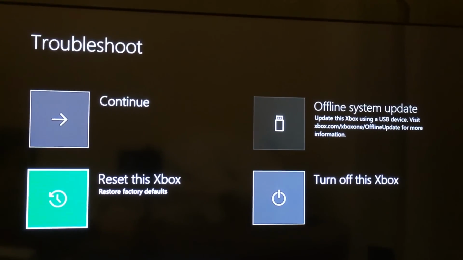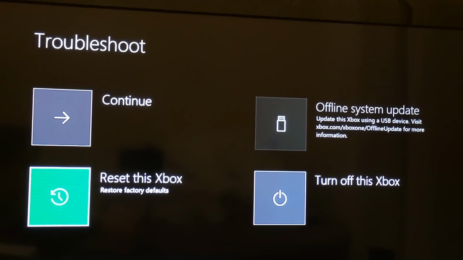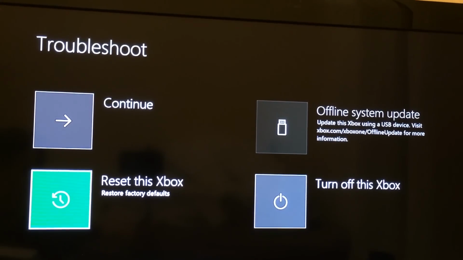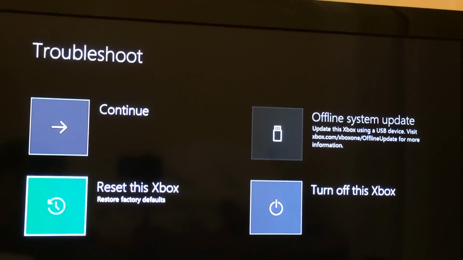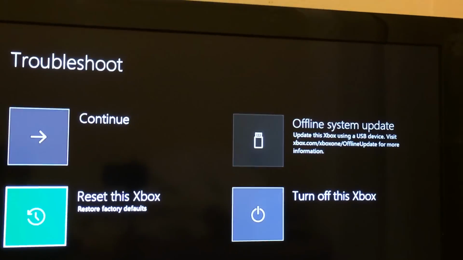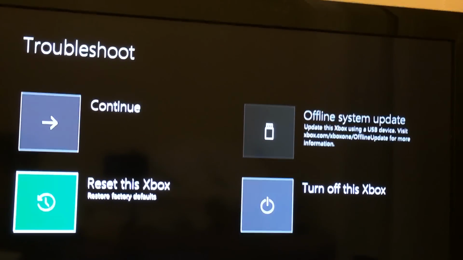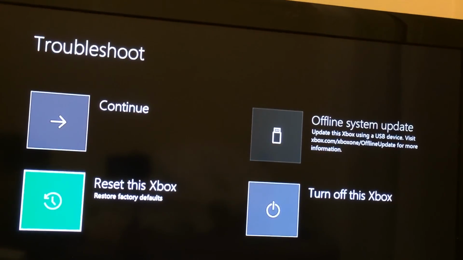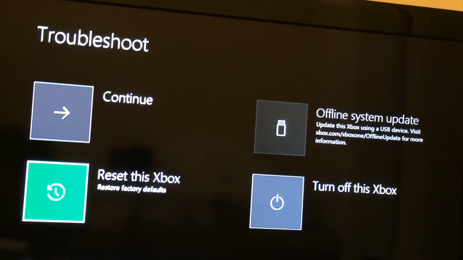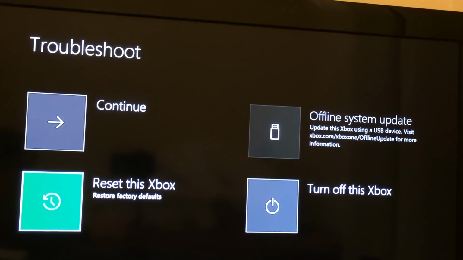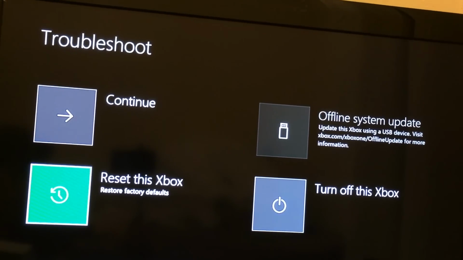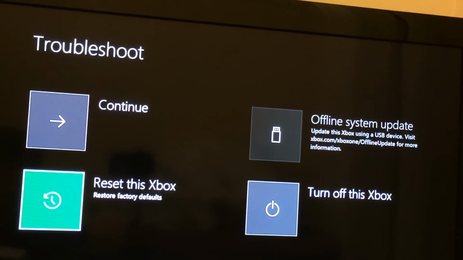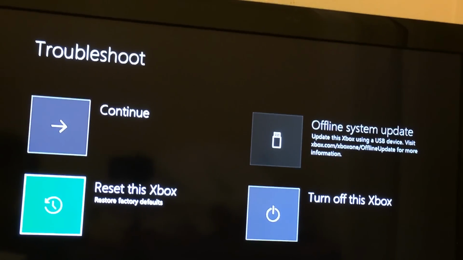The only thing I'm going to say with this is prepare for having to download a lot of updates and a lot of games, because through this method you are having to erase the whole console. That means deleting every single game, every single update from that hard drive. The main reason I'm putting it down to is that the console is failing to boot up due to either an update failure or a software failure, which is causing the system to crash when trying to boot up. So that's why